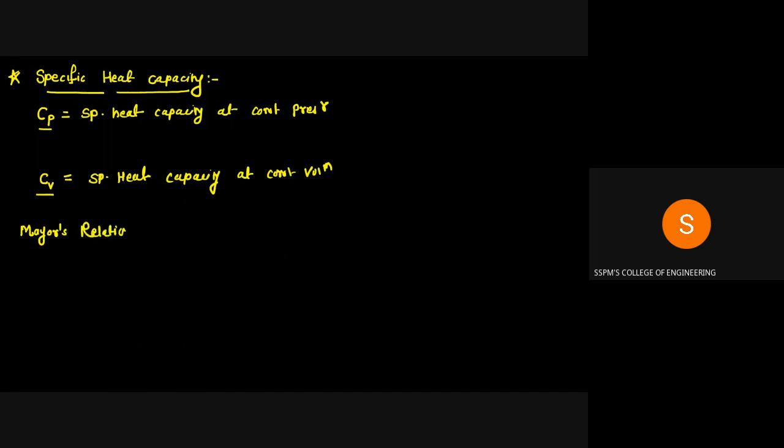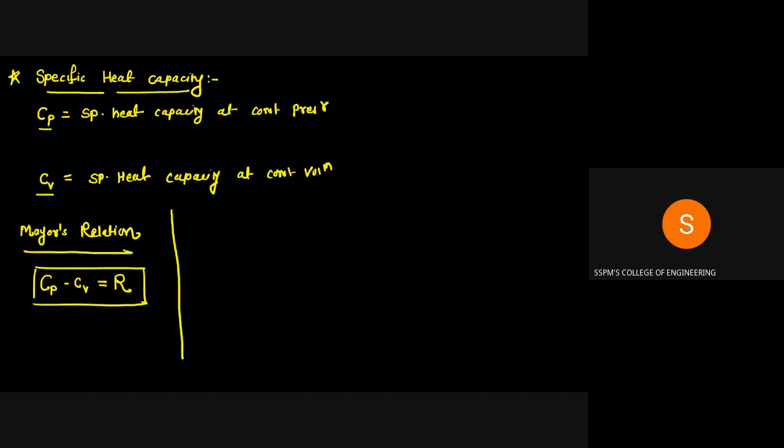So Mayer's relation is the difference Cp minus Cv, which is equal to the gas constant R. This relation is derived from the basic equation for the heat. So for constant volume,